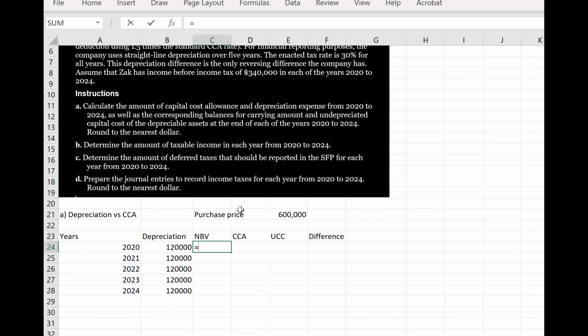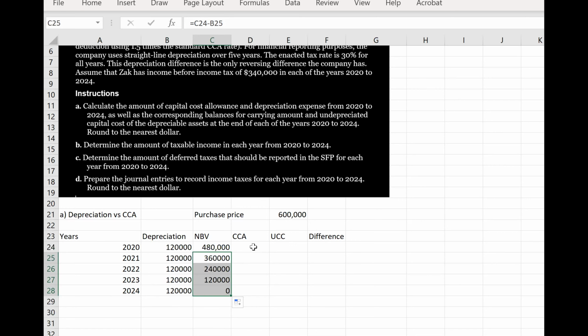Our net book value is going to be the purchase price minus the depreciation taken to date. There we go, and we can just drag that down. So you can see that at the end of the 5 years, we end up with 0 net book value,